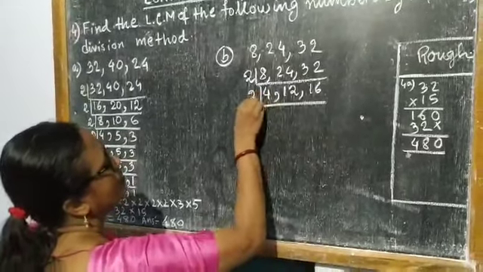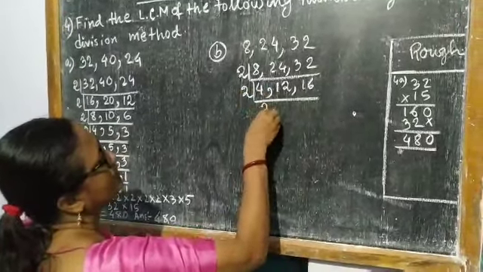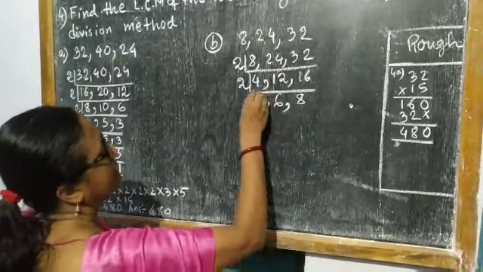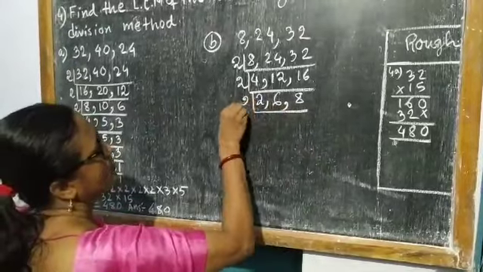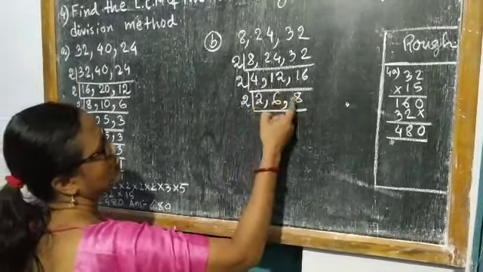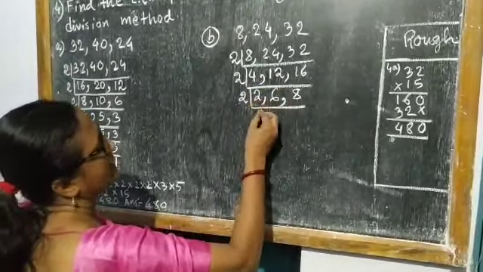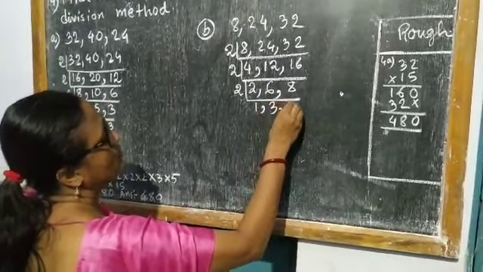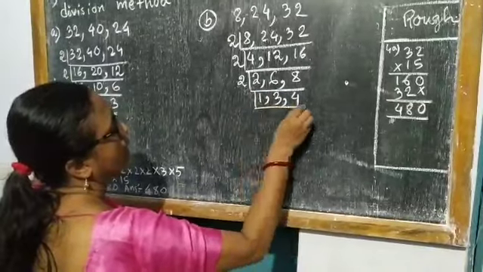Again divide them by 2. 4 divided by 2, 2. 12 divided by 2, 6. 16 divided by 2, 8. Again divide them by 2, because all are even numbers, so they are divisible by 2. 2 divided by 2, 1. 6 divided by 2, 3. 8 divided by 2, 4. Now again,